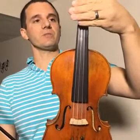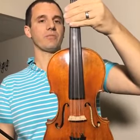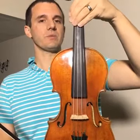So your finger angles when you play the violin should be like this, where your fingers are being placed down at this angle. But very commonly when students start to press down too hard, they start to change their finger angles. And watch what happens to my fourth finger as I do that. It's supposed to be here, but let's say I press down really hard with my 3. You see how my fourth finger is now this way instead of that way? So that is a very common reason why students think they can't reach the 4, but it's actually related to